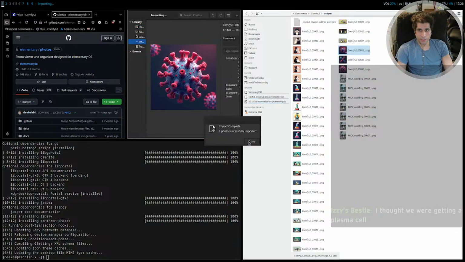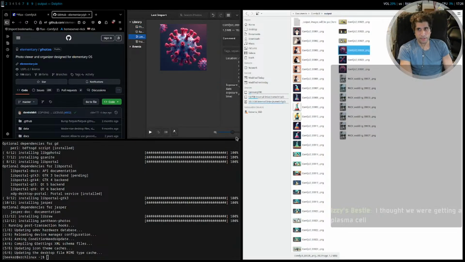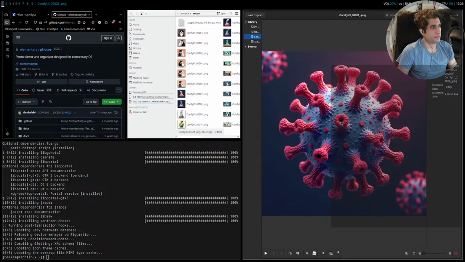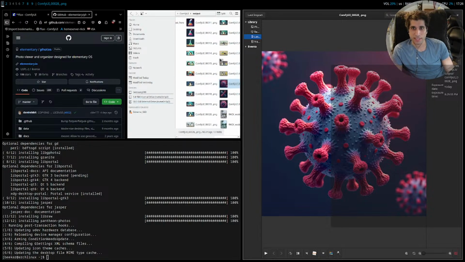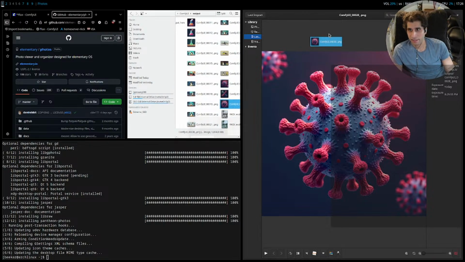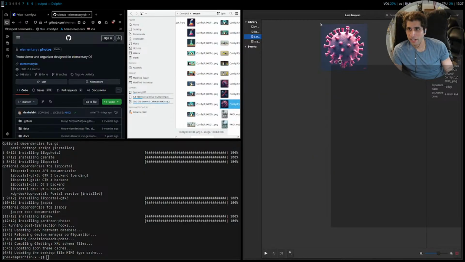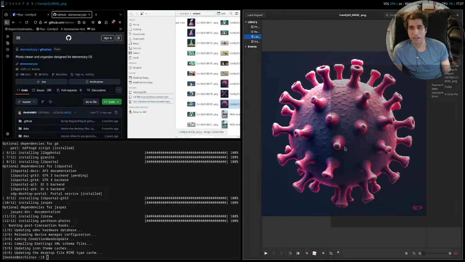So it actually made a pretty good virus. But then I asked it for a plasma B cell, and it gives me a shittier looking version of a virus. Let's try